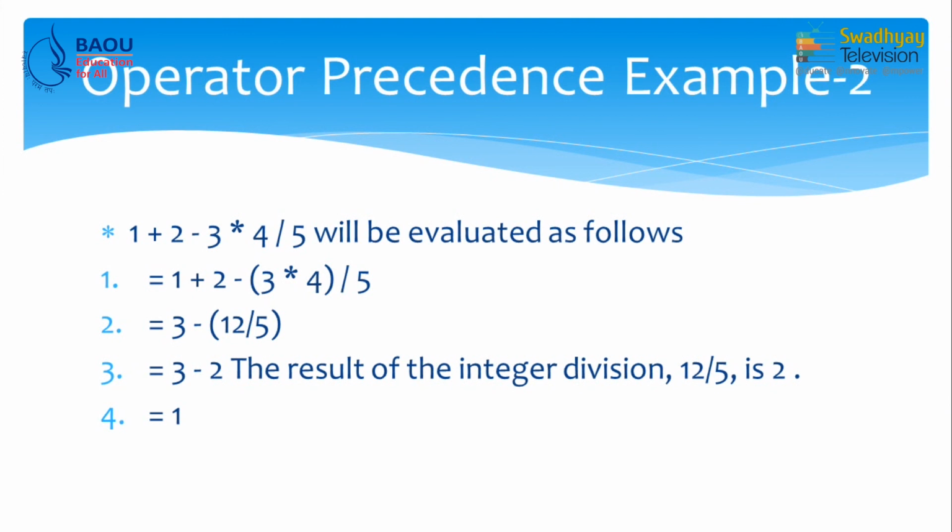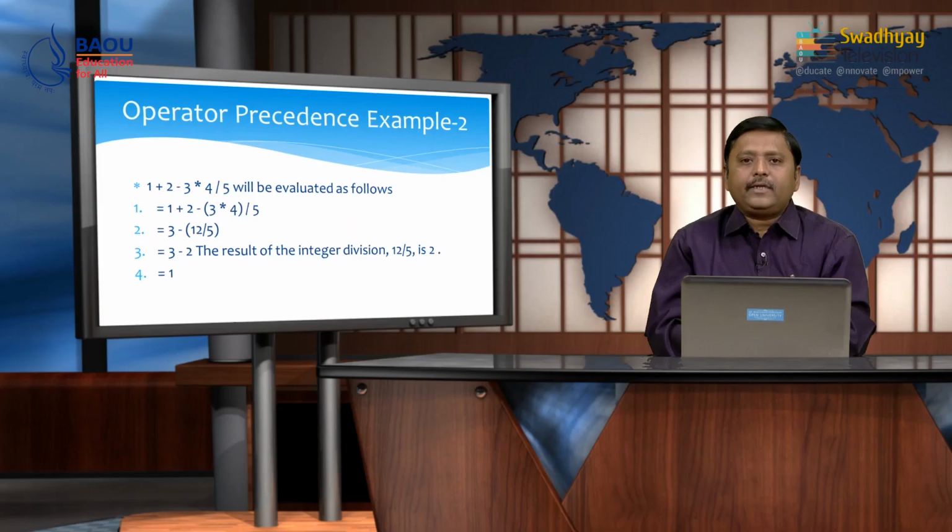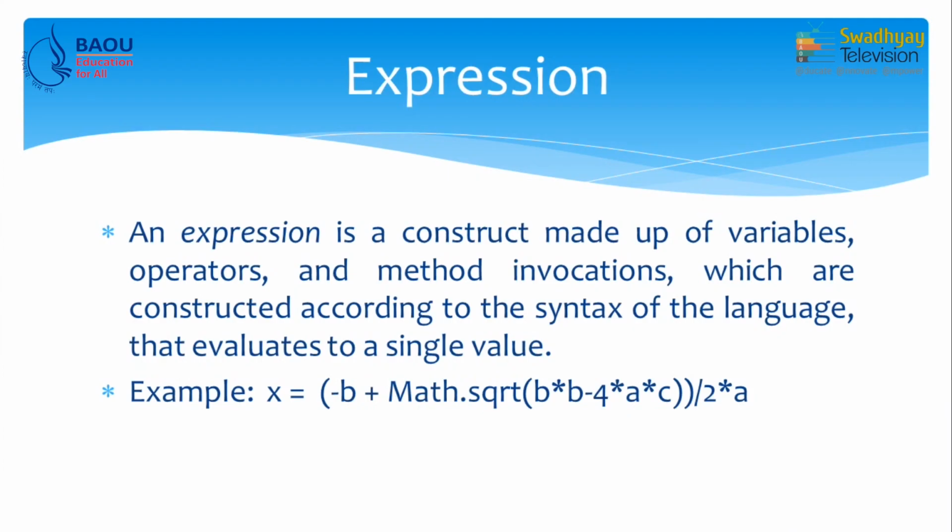So, this is an example where we use operators with higher precedence and the same precedence, and now we know what will happen when two operators have the same precedence. Remember, they will be evaluated from left to right. So, the operator on the left in an expression will be evaluated first. We already wrote down some expressions.